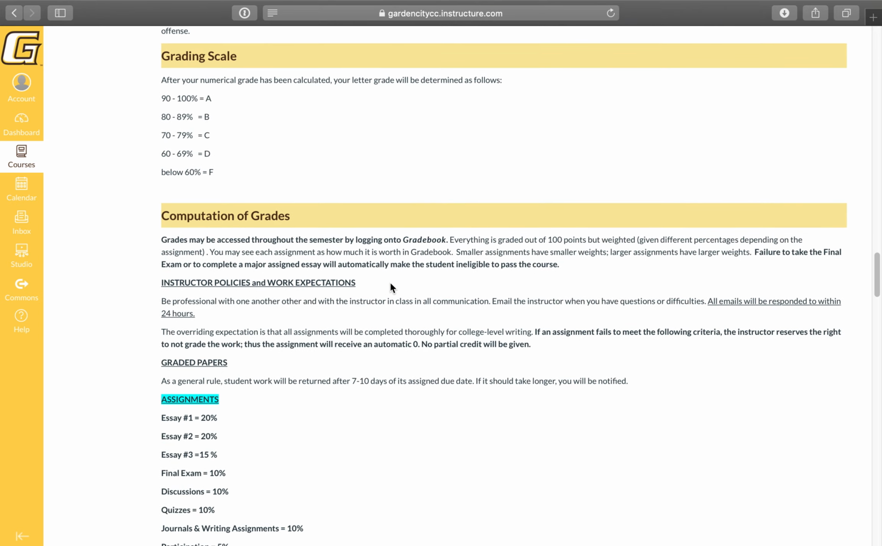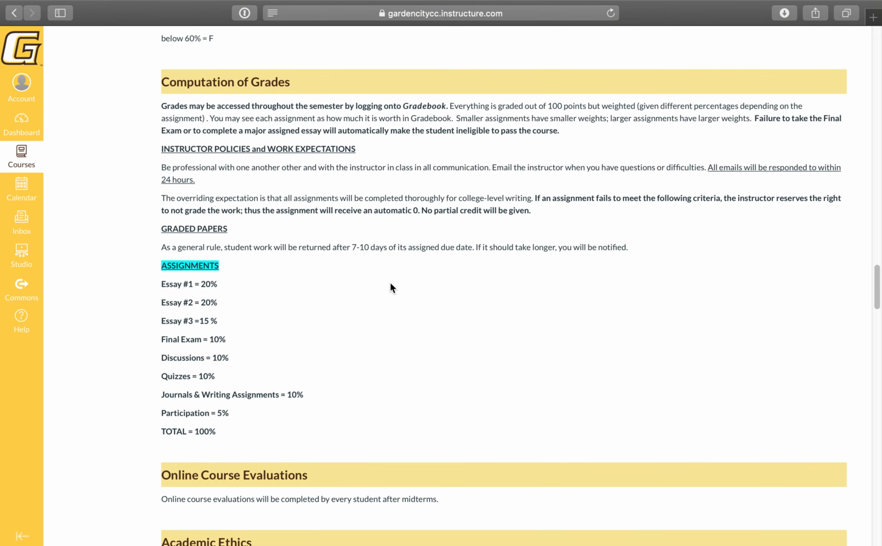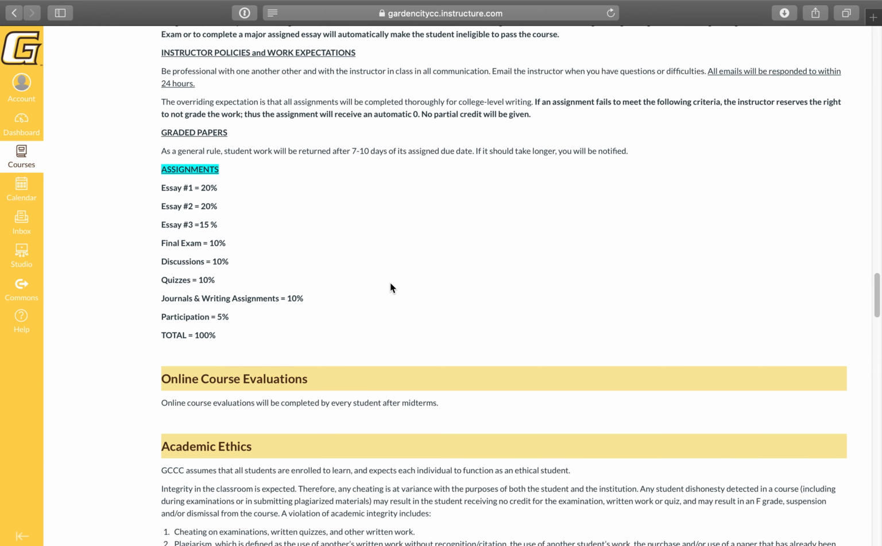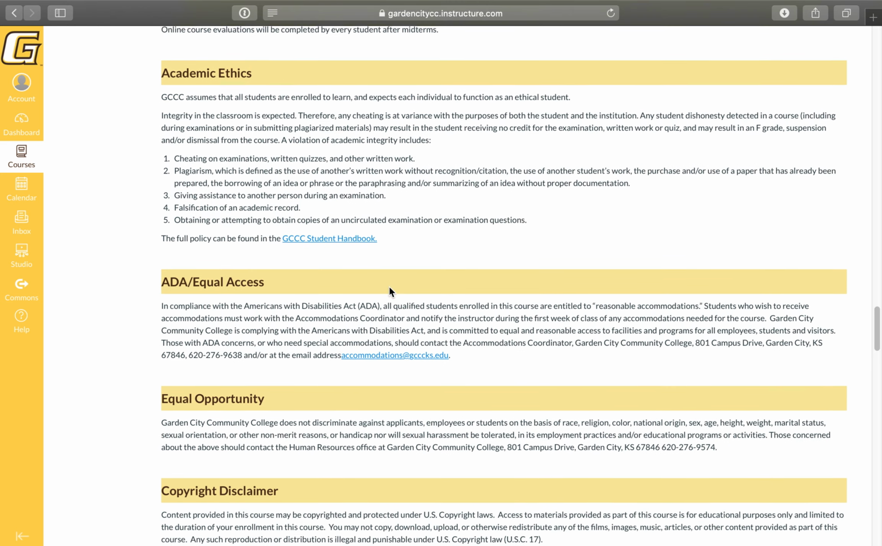Okay, for the grading scale, you can see it's pretty simple. The assignments that you are going to be doing, there are 3 major essays. The first is 20, the second is 20, and the third is 15%. You have a final exam worth 10. You have discussion boards worth 10, quizzes worth 10, journals and writing assignments are 10, and then your participation is 5%. There is a course eval available to you after midterms,